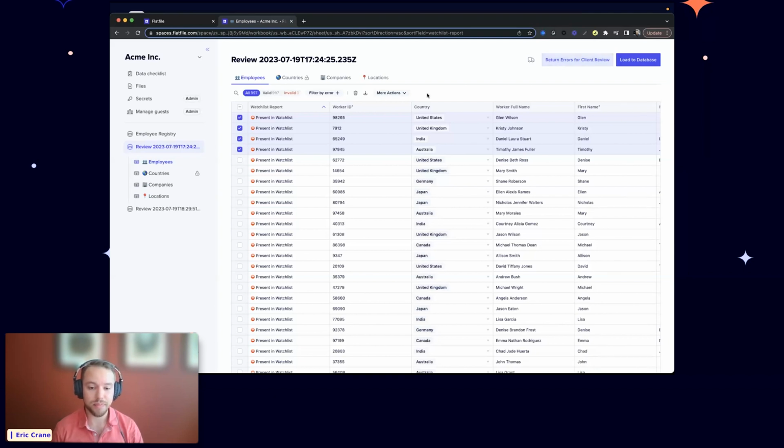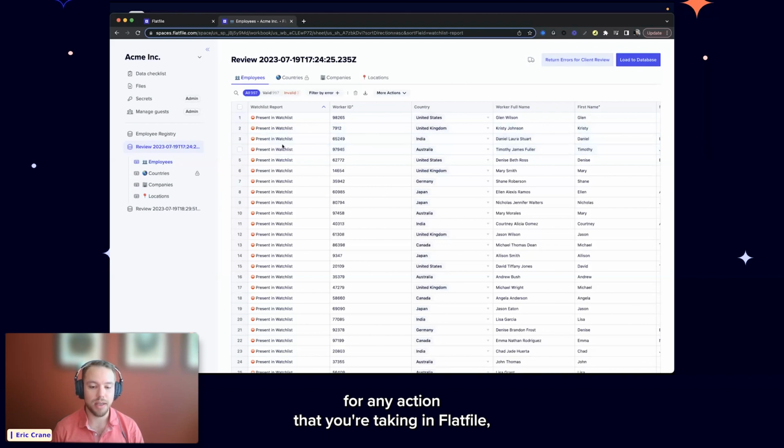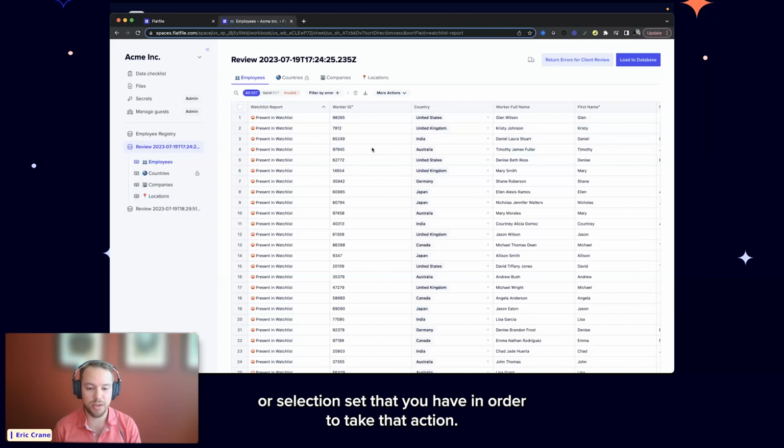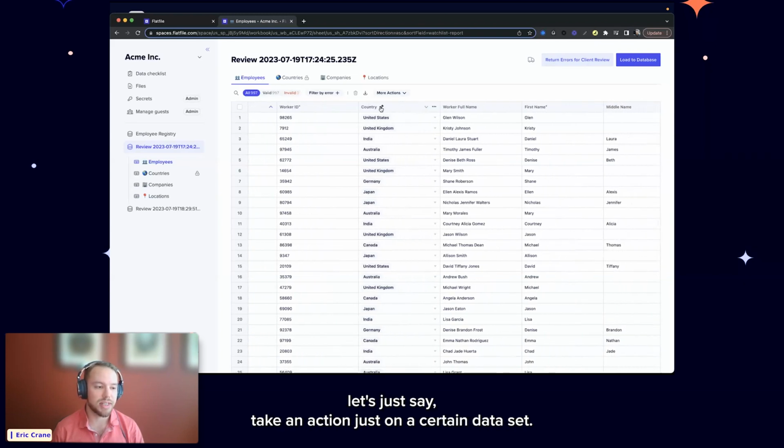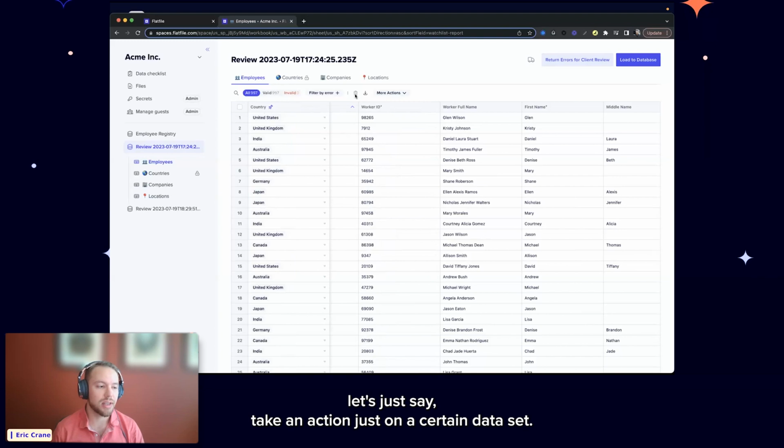submitted. What's nice here is that for any action that you're taking in Flatfile, we will respect whatever record filter or selection set that you have in order to take that action. So as David was navigating through things like the different filters, there's an ability for you to take an action just on a certain data set. So if I wanted to go here and just say, hey, you know what, I only want to